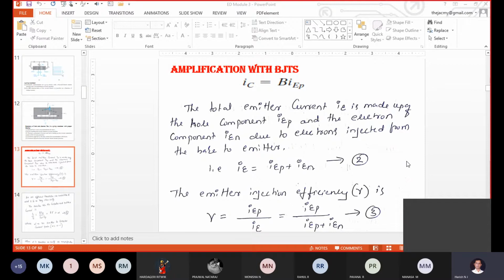Along with that, we also discussed how the carrier transport happens from the emitter terminal to the collector terminal. Which terminal current is maximum and which terminal current is minimum? How does the current become maximum in that terminal, and why is the current so minimum in the base terminal? All these things we discussed in the last class.